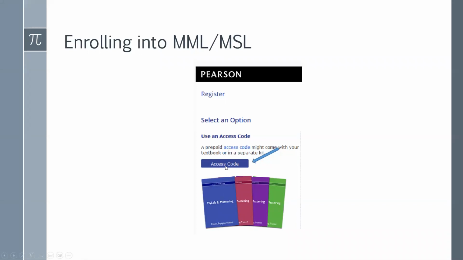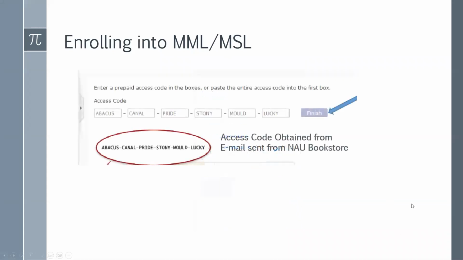So this access code button is the next thing that you're going to click. Once you do that, you're going to see a screen that looks something very similar to this. Inside of the emails obtained from the NAU bookstore or from your advisor, you're going to have a series of characters that are grouped in either a group of 5 or a group of 6 characters. Whatever it is, that access code that you got inside of that email is what you're going to type into